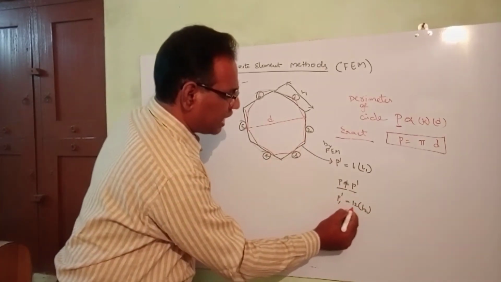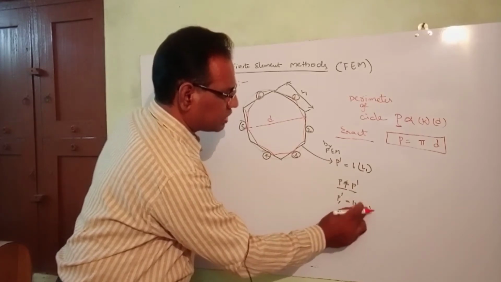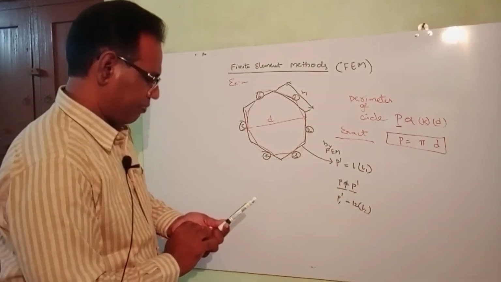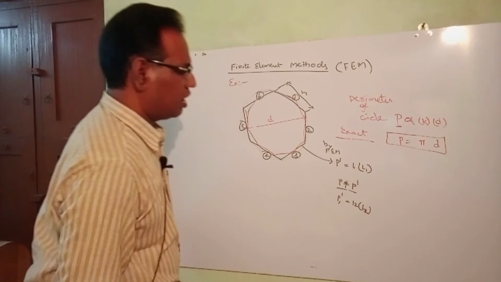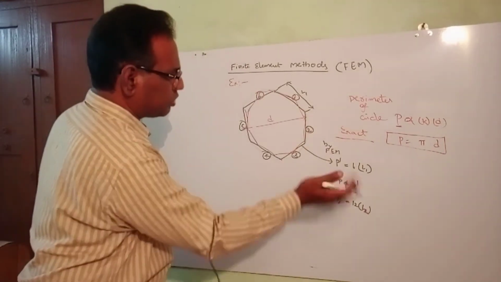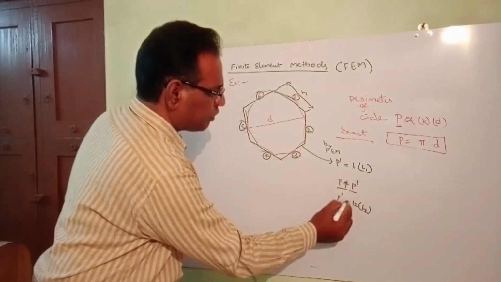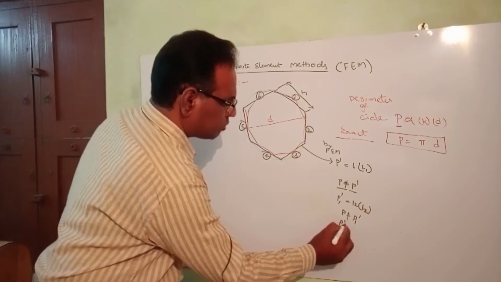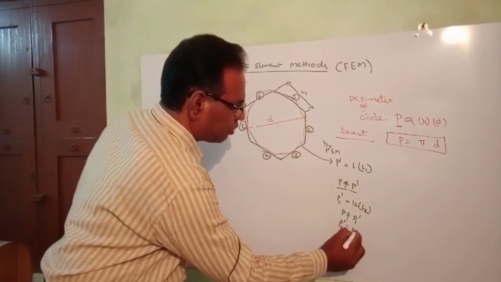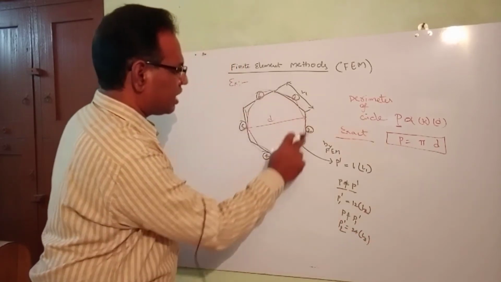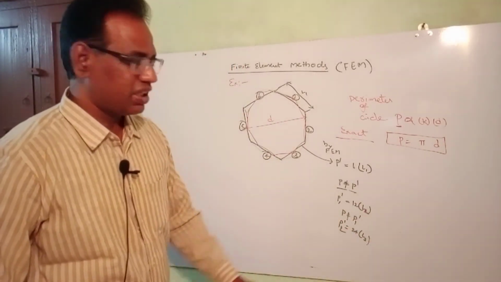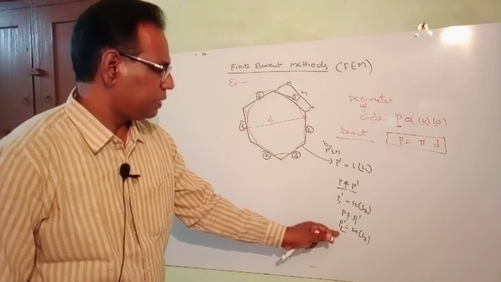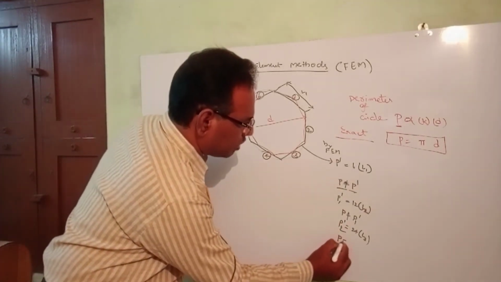Each line segment is L2, so P1 dash is 12 into L2. Again, if you compare this, P is not equal to P1 dash. Suppose you divide it further: P2 dash is 24 into L3, with 24 line segments like this, and you measure each line segment as L3. Cumulatively, 24 into L3 is equal to P2 dash, and P is again not equal to P2 dash.